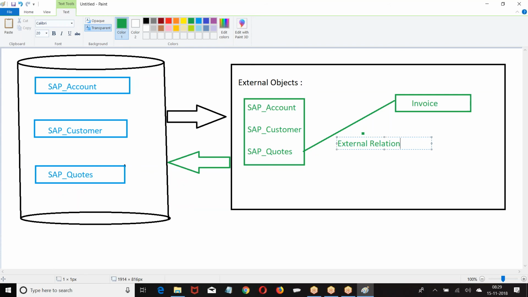I hope theoretically you are clear about this. To do this, we need to understand how to establish a connection between two systems first, Salesforce to the external system. I'll do it at a later time. I don't want to terrify you at the beginning of the classes. Now, this concept is clear. Objects are what we create in Salesforce. External objects are tables from an external application. We need to establish a connection and get the table names. Then if you want to establish a connection between a Salesforce table and an external table, an external lookup will be used. I hope you are good. Clear for everyone? That's all from my end.